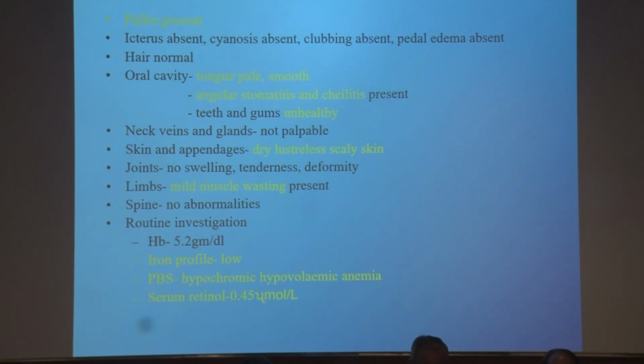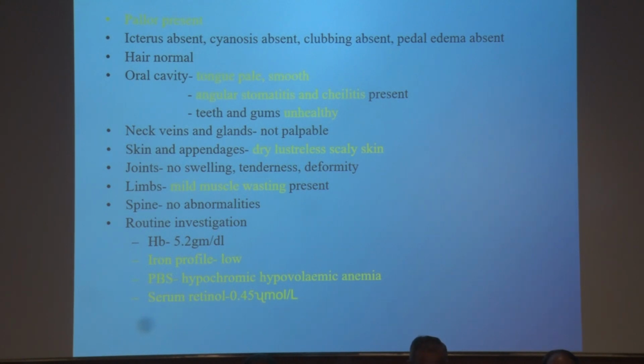The skin and appendages were dry, lustreless, and scaly. Limbs showed mild muscle wasting. On routine hematological examination, routine blood was within normal limits, but her hemoglobin level was 5.2 gram per deciliter. Her iron profile was low, and peripheral blood smear showed hypochromic microcytic anemia, and her serum retinol level was 0.45